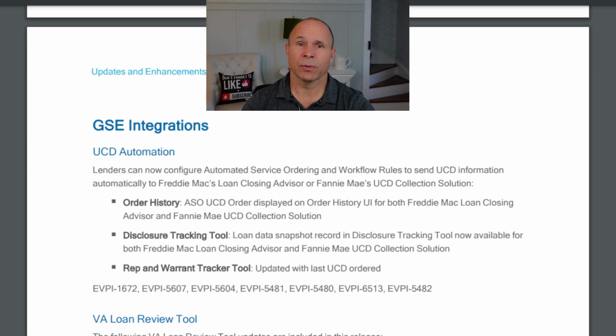It's just not true. So you can go into web settings, whether going to encompass.ice.com or you can go into Encompass Desktop, go into settings and go into web settings from there. I prefer going to encompass.ice.com because it gives me the waffle up in the upper right and I can manage a lot of different things at once. And it's limited if you just do it through Encompass Desktop. Anyway, UCD automation is there now with 24.3.